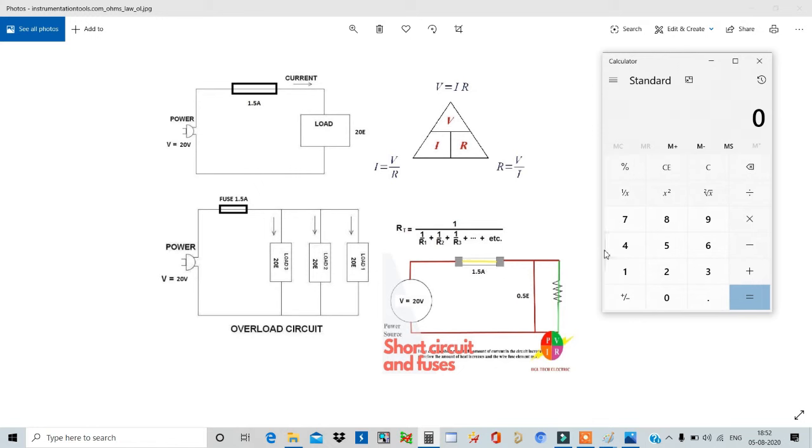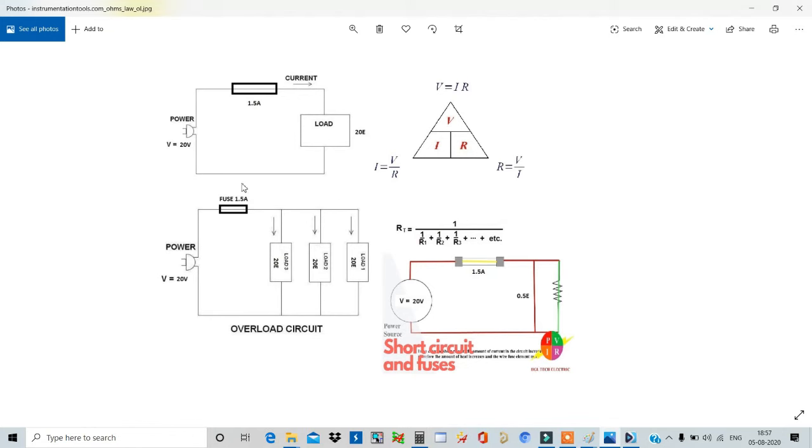So your whole circuit, I mean all your load, will be safe. For that only they are using a fuse. Okay friends. So a fuse is used for overload protection, and also for short circuit protection, a limited current fuse. Okay friends. So I will show you the reality of a fuse for overload and short circuit. Don't try this at home, please friend.